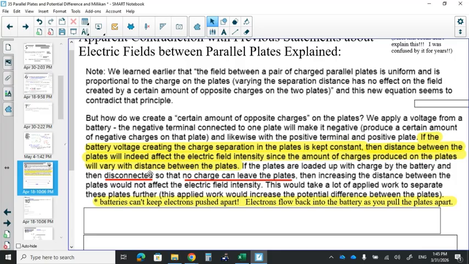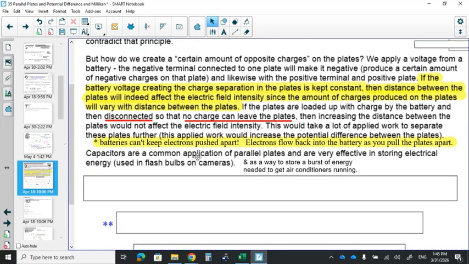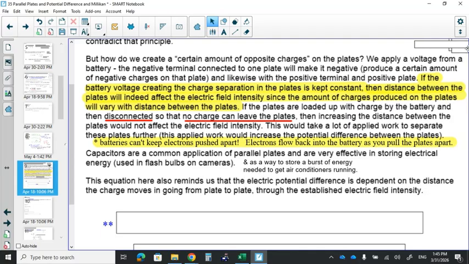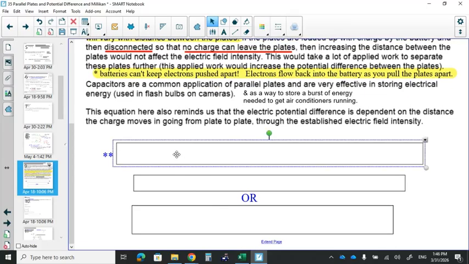If the plates aren't connected to anything, then they're disconnected. Then the charge can't go anywhere, and so it just forces them to stay there. Right? Capacitors are an application of this. Parallel plates with just a bunch of charge built up on them, right? It's a way of storing energy. So you get a bunch of electrons built up on one side, and then when you connect it, you allow them to rush through a flash bulb, if you will, in an old style camera, or any camera, I suppose, right? Capacitors are also used in air conditioners. They're a little boost of energy to help the motor get going at first. So if your air conditioner stops working, quite often it's just the capacitors